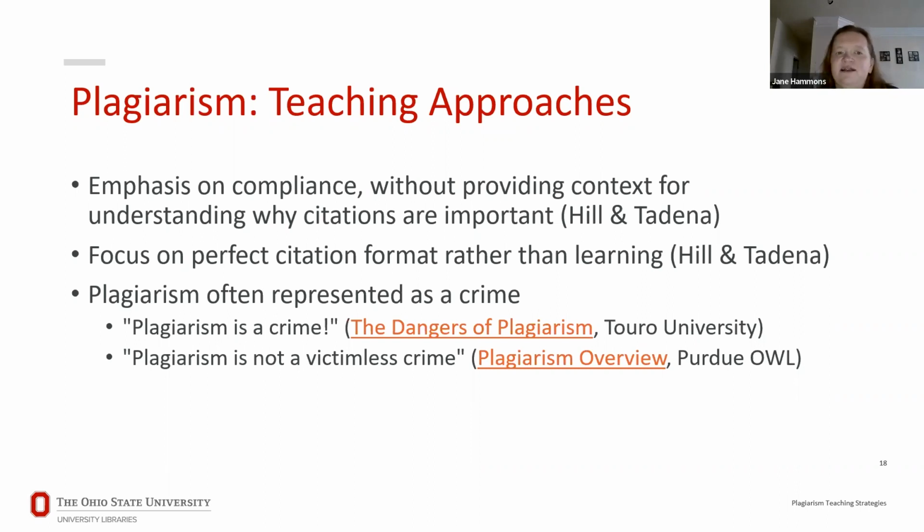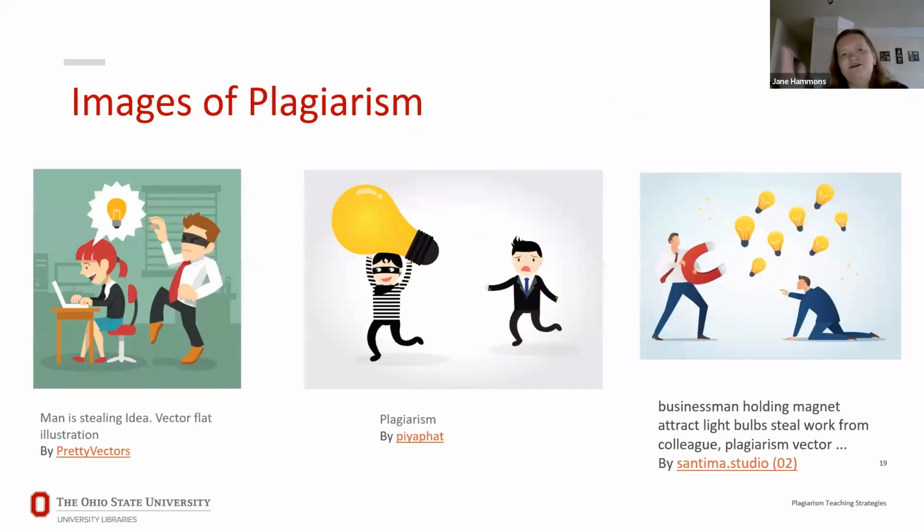And one of the things that you see a lot is plagiarism is often described and represented as a crime, right? I put a couple of example quotes in there. One's from the Purdue OWL, which someone mentioned, that references plagiarism as a crime. And I was looking on Adobe Stock, and these are a few images that were licensed from Adobe Stock that represent this theme of plagiarists as criminals. They're running away in striped convict shirts. So if you search plagiarism in Adobe Stock, these are the kinds of images that come up that have this real criminal element to it.